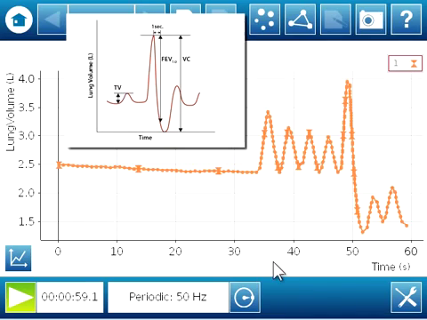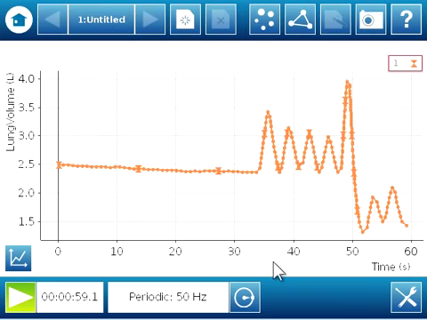And these are values that would be important when analyzing, say, a person with asthma and whether or not a treatment is improving the lung functioning of that person with asthma. In part 2 of this series, we'll go ahead and take a little more time to analyze this data, but now you've seen how to set up your spirometer with the calculation for volume and how to begin data